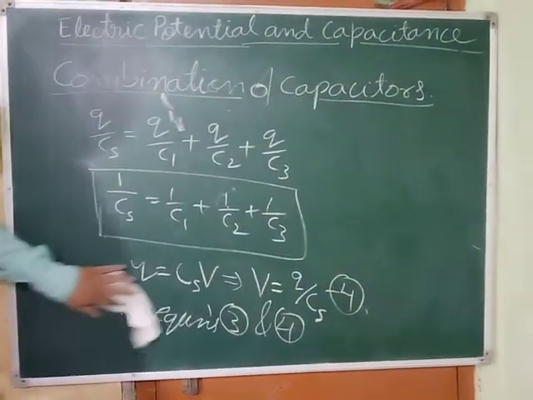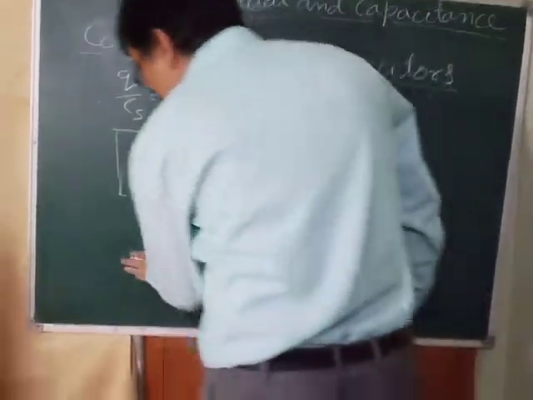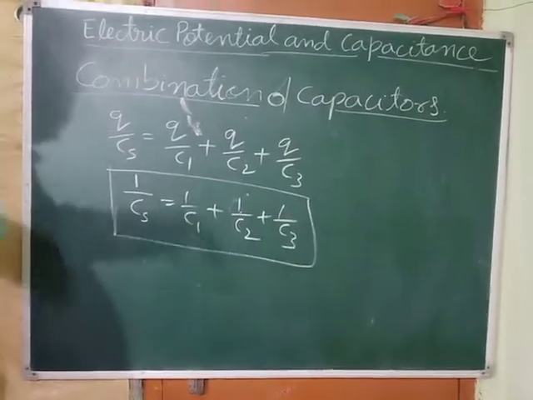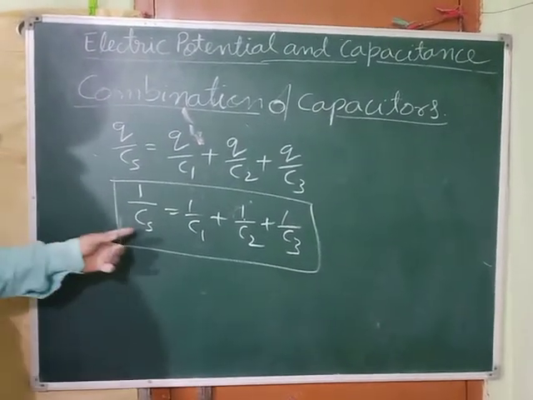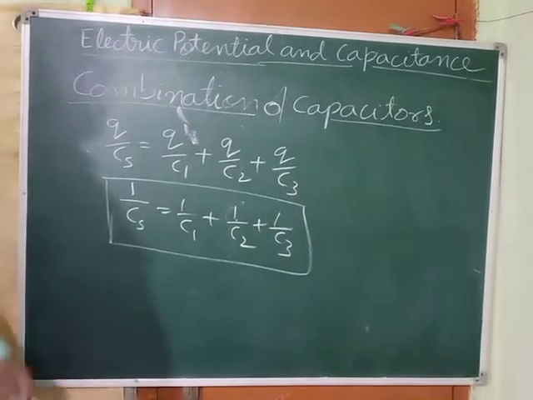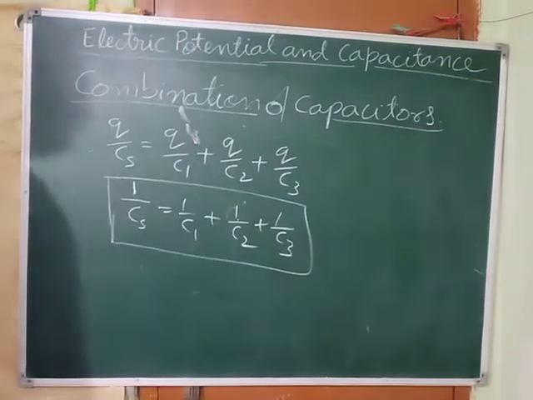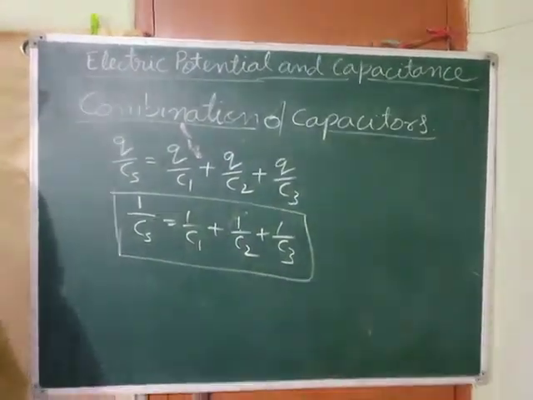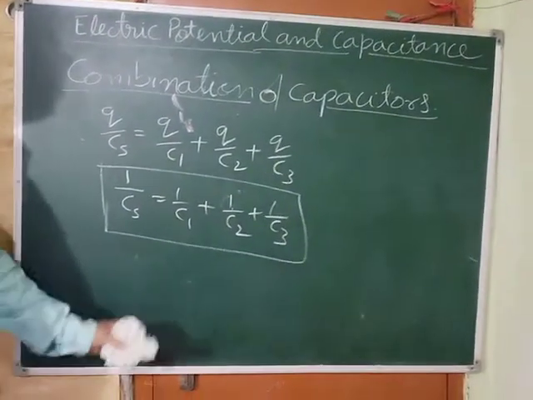What you found? It is same as that for resistance or something different? There is some difference. Yes, it is just opposite of that, because you get this type of relation for resistors when they are connected in parallel, but you are getting the same result for capacitance when they are connected in series. So when they are connected in series, capacitance is going to decrease, but when connected in series, resistance is increasing because they are added up. Clear? So this is the expression we get for equivalent capacitance when they are connected in series.